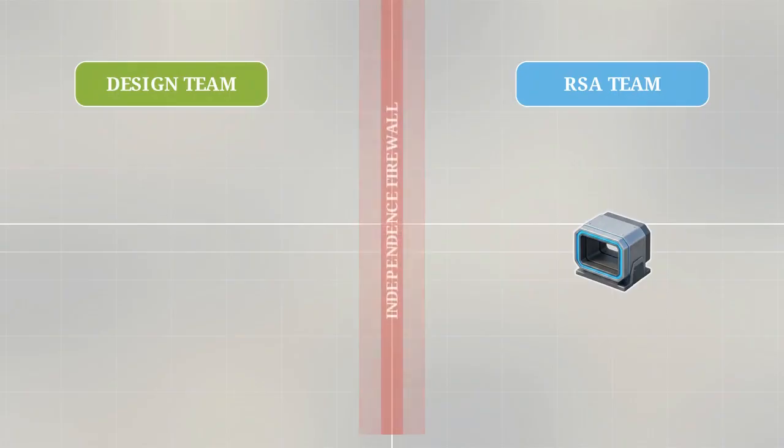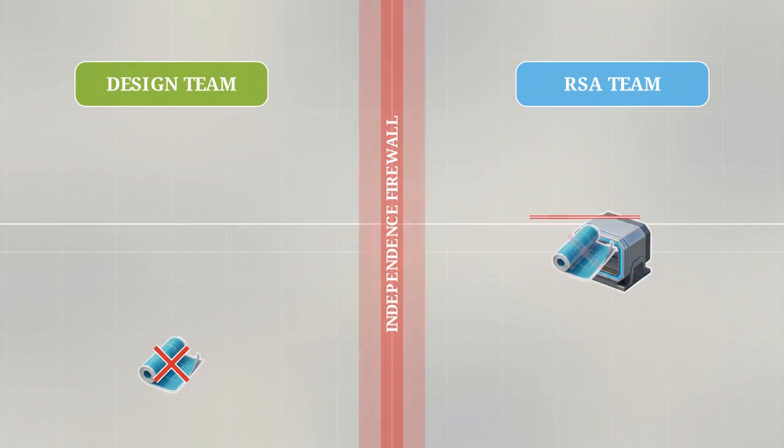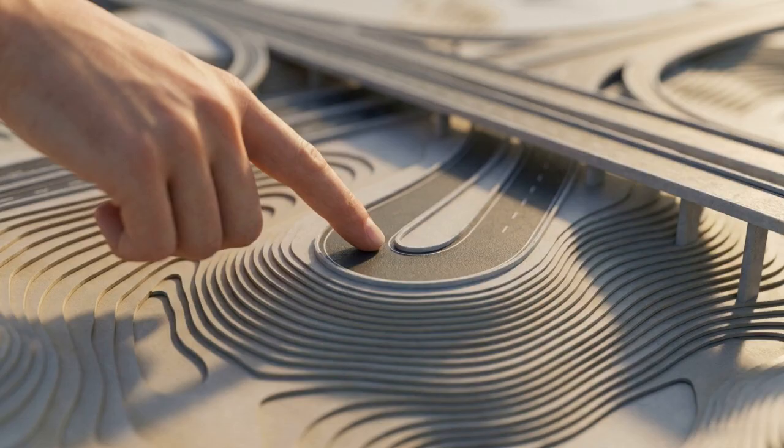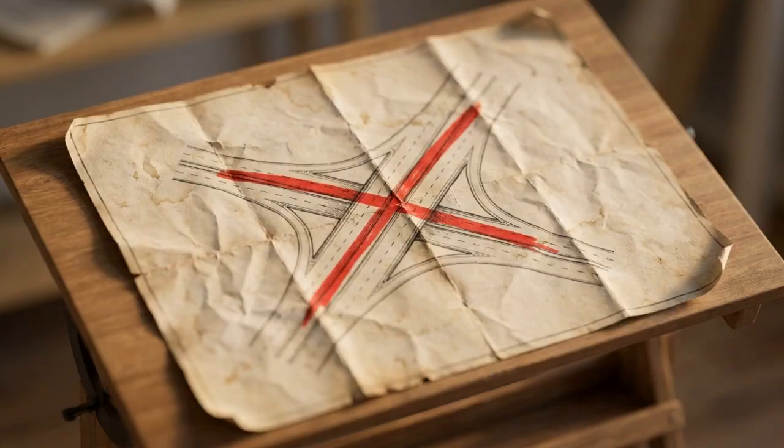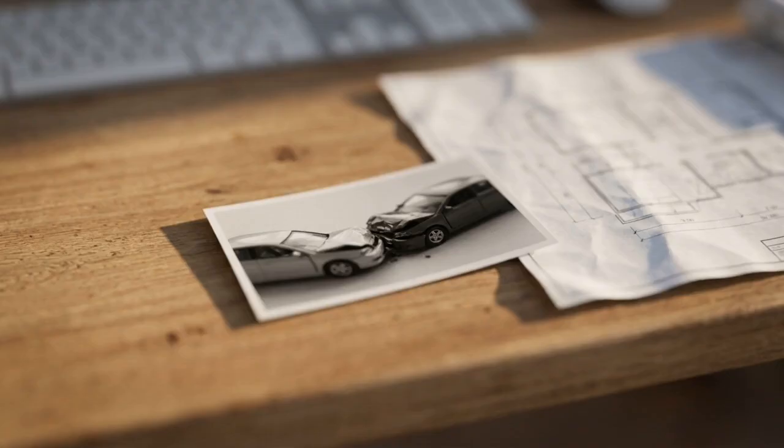For the audit to function correctly, this group must be completely independent from the original design team. This strict separation eliminates cognitive bias, ensuring auditors don't share the creator's blind spots, allowing them to objectively reject flawed designs. When examining the elements of the RSA, auditors specifically hunt for human factor errors. They look for inadequate sight distances, confusing signage, and poor horizontal alignments that a designer might have overlooked on paper. This sharply contrasts older methods from the text, which relied on reactionary geometric corrections only after a collision history was established.